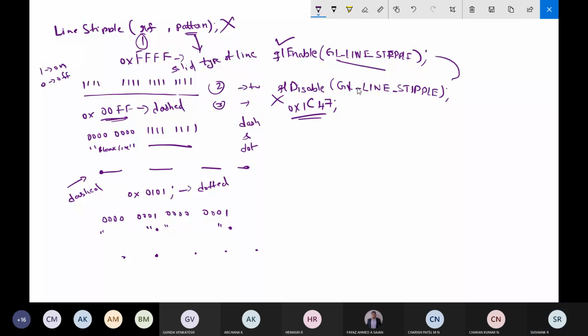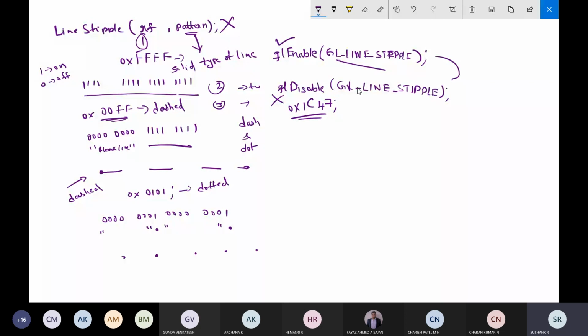The pattern will be 16 bits. It can be 0 and 1. 0 means off and 1 means on. And the next one is the repeater. Repeater will decide the number of times the bits are repeated. 1 indicates the bits will be repeated one time, 2 indicates the bits will be repeated twice as per the pattern. So that is the working of the repeater.